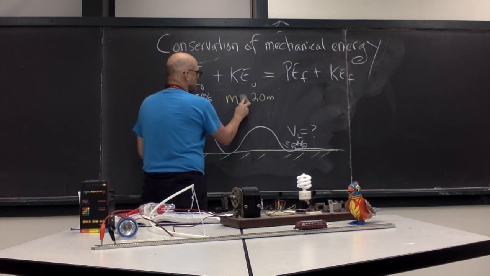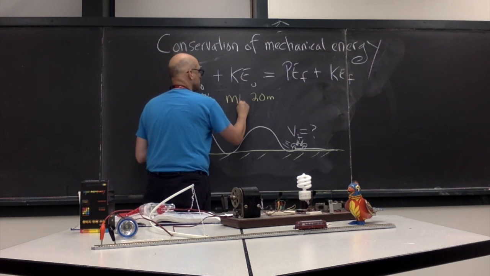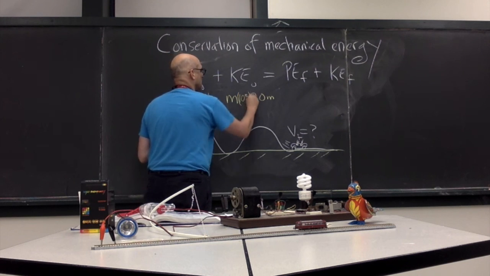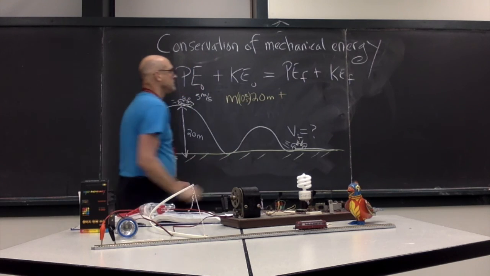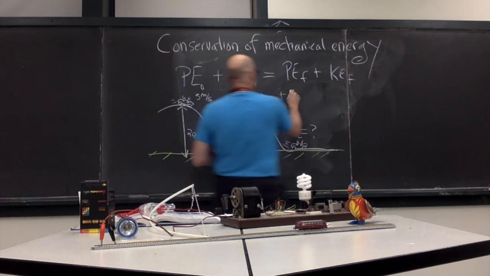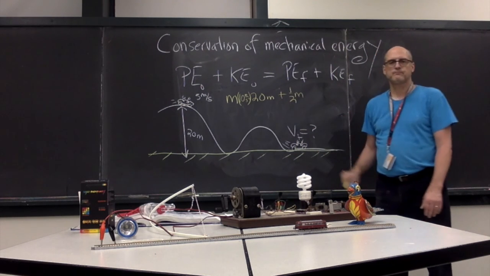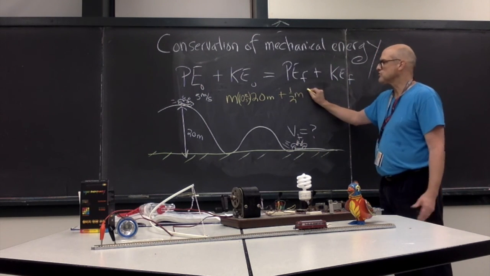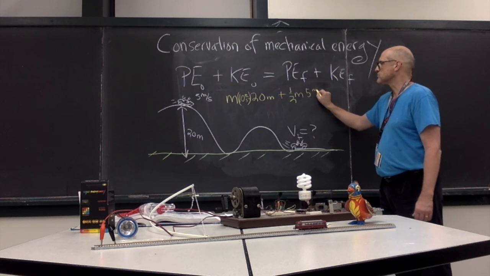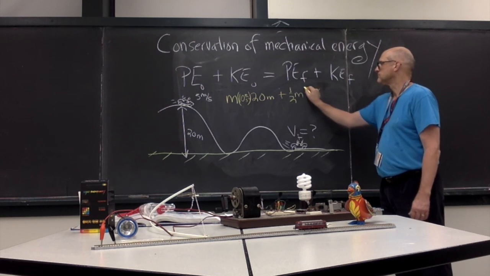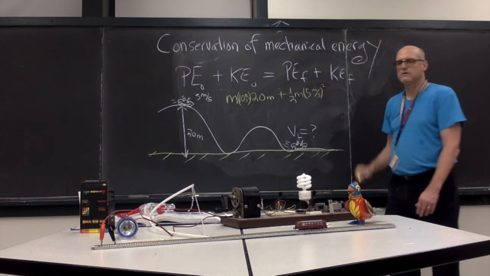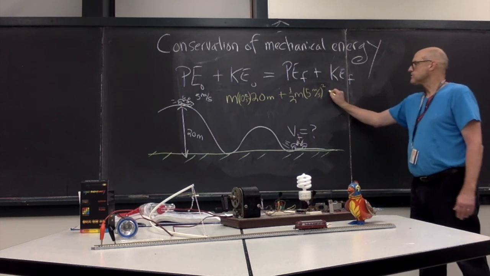Okay, let me make g 10 meters per second squared right away. Plus 1/2 the mass of the coaster times the original speed of the coaster, which is 5 meters per second squared, equals